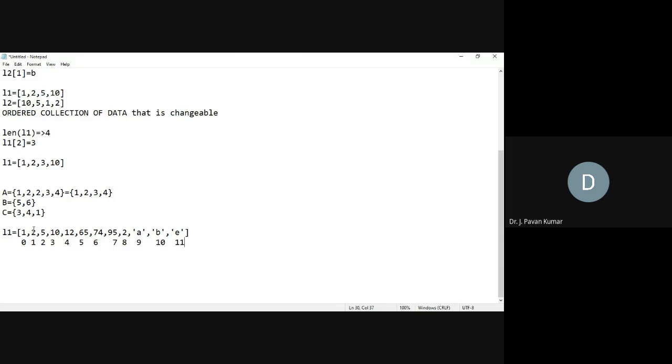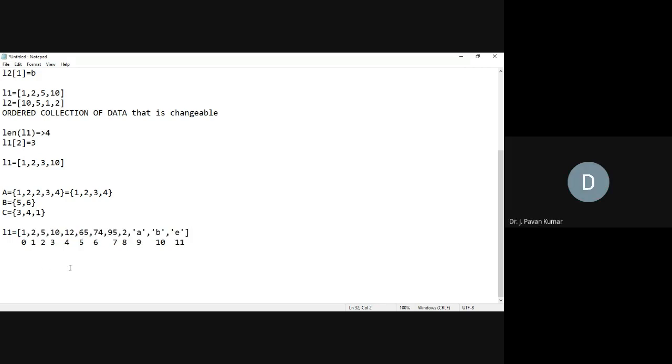Even in combination also we can have, like not only integers followed by characters, we can have a combination as well, like 1 comma a, 2 comma b. In any order we can have, whatever the order we have, that is important. The point here is, this is a collection of data. This data can be numerical data. This data can be string or character or objects. So we can have a combination as well. Is it clear?